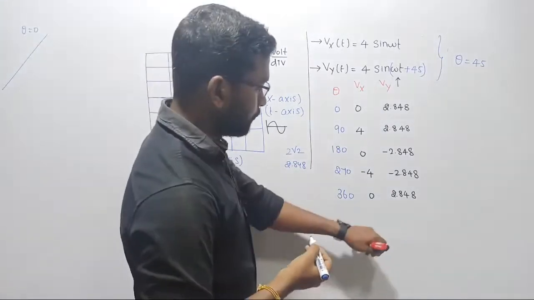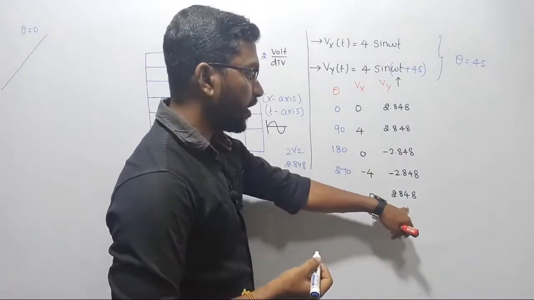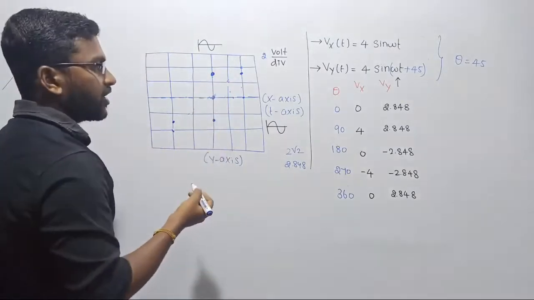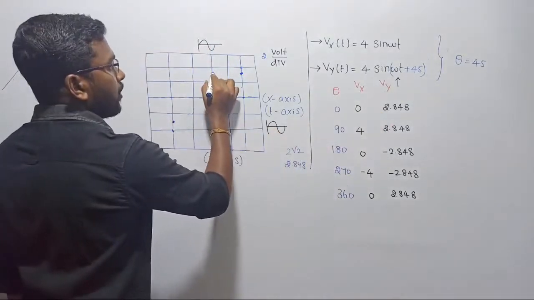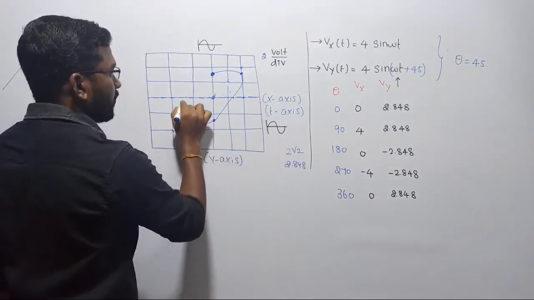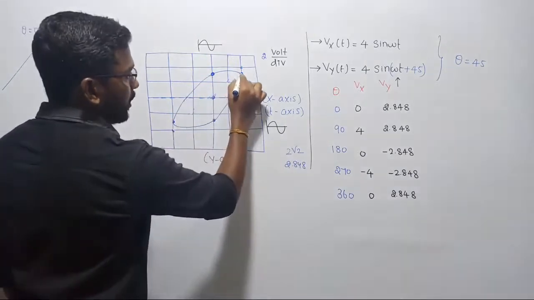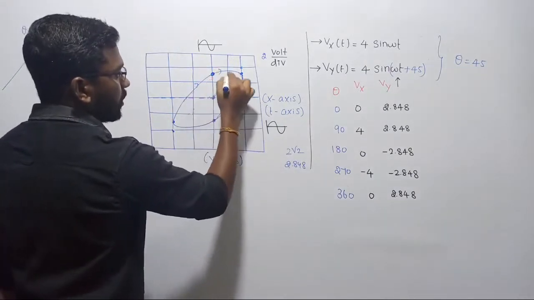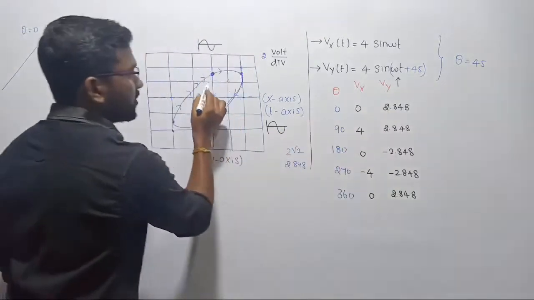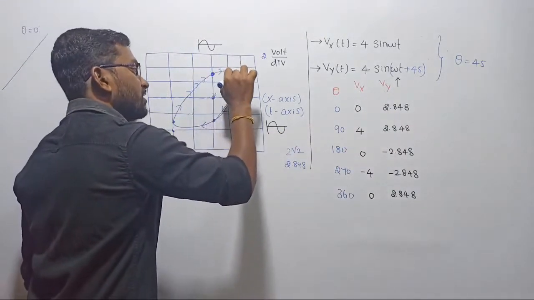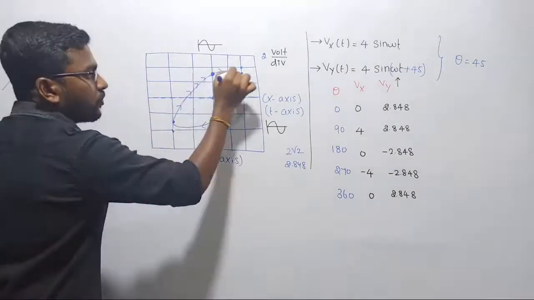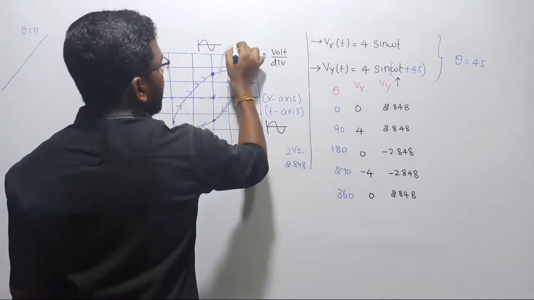Next, at 360, X-axis value will be 0, Y-axis value will be what? 2.848, right? So again, X-axis value will be 0. So what is the conclusion here? First we are lying at this point, and then at this point, and then we are coming back to this point, and then we are reaching this point, again we are going back to this point, so we are making an ellipse, right? Just observe, we are making an ellipse, and the direction in which we are rotating is very important. I was first standing at this point, and then I am going in this direction, that is clockwise, and then I reached this point, that is clockwise, and then this point, that is also clockwise. So we are making the rotation in clockwise, and it is an ellipse.